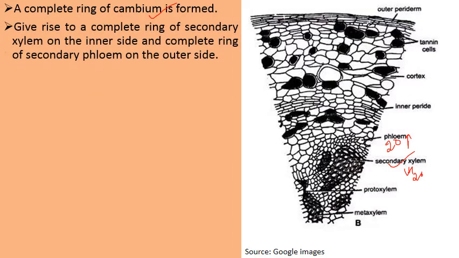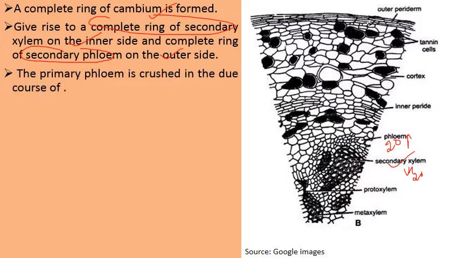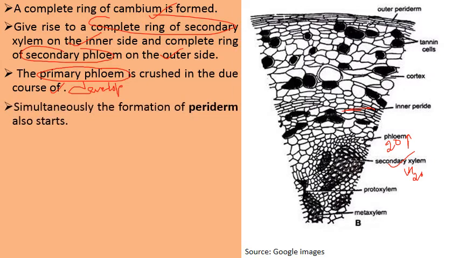So it gives rise to a complete ring of secondary xylem on the inner side and a complete ring of secondary phloem on the outer side. And the primary phloem is crushed in the course of development. When secondary phloem forms, the primary phloem is crushed, and simultaneously